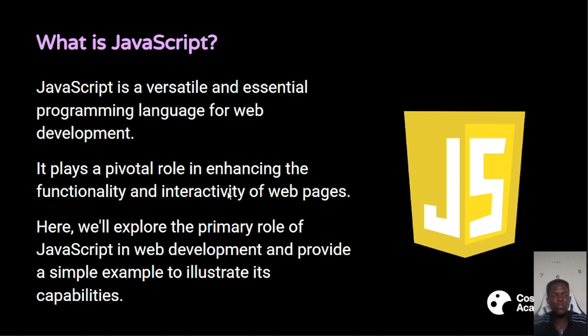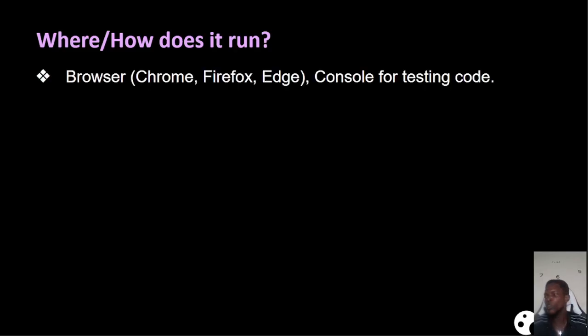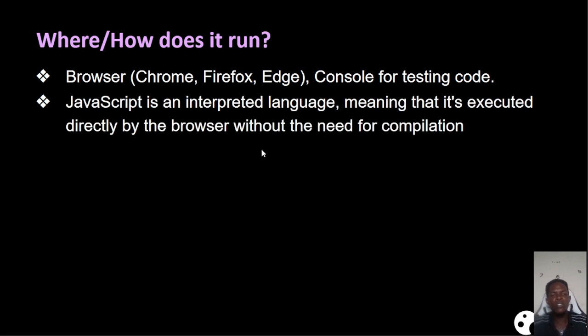So with that being said, we'll ask ourselves now, where and how does JavaScript run? So majorly JavaScript works in our browsers, which is our Chrome, Firefox, Edge, Brave, whatever browser we are using. JavaScript usually runs there, works there. It works in our web browser for testing code, just to see how far we've gone, to test if something is working. Also, JavaScript is an